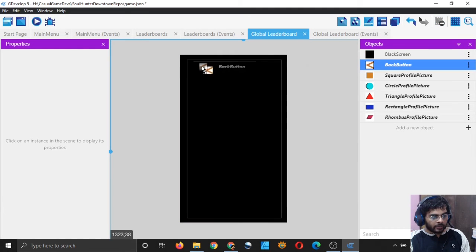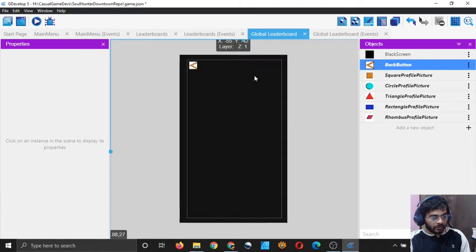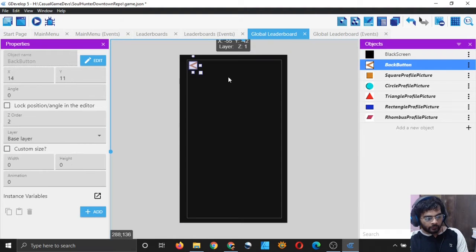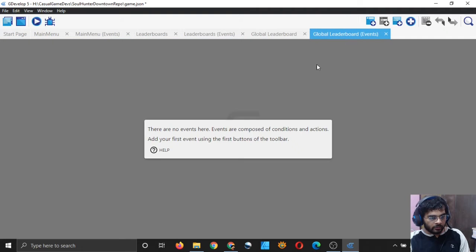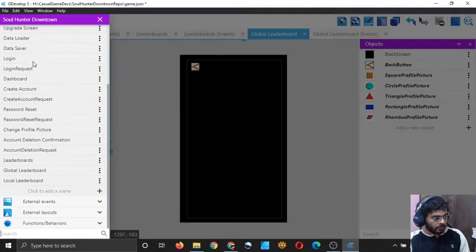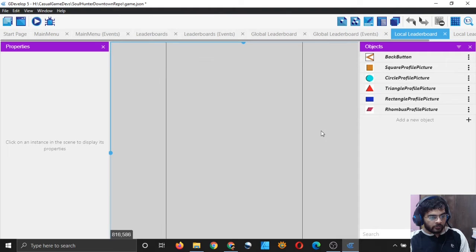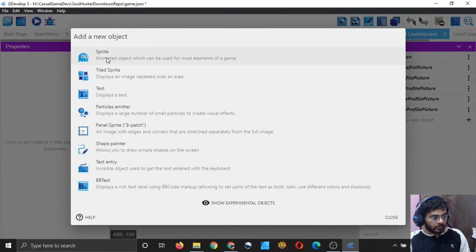And you can add the back button also. I mean, it's important that you do. And here in the global leaderboard, and in the local leaderboard also, you have to do the same thing, create a black screen.